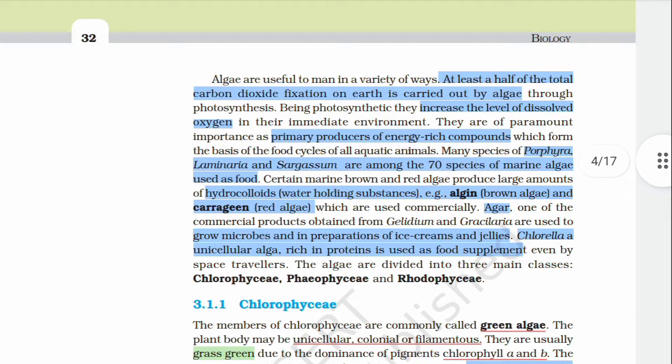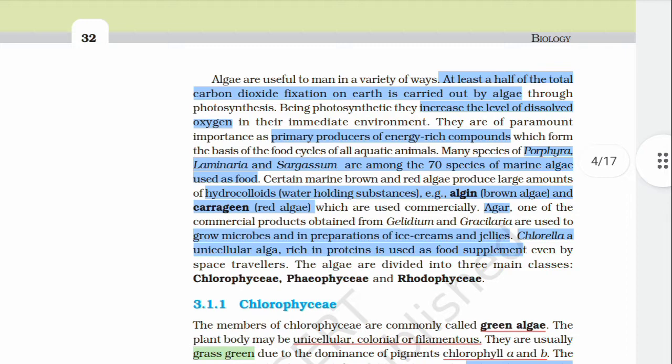And third one is, they are primary producers of energy rich compounds. Being plants, they are the primary producers, right? We depend directly or indirectly on plants, so they are the primary producers. Next one is, Porphyra, Laminaria, and Sargassum are among 70 species of marine algae that are used as food. They are directly used as food. And the fifth point is, some